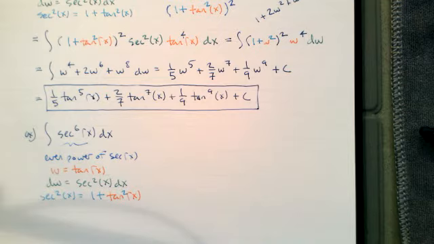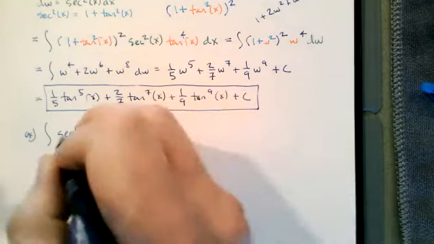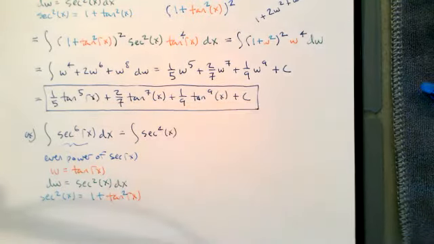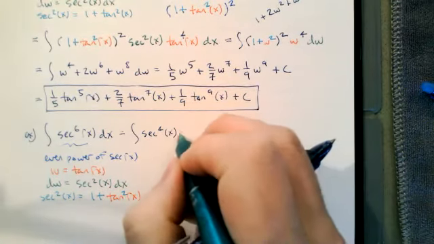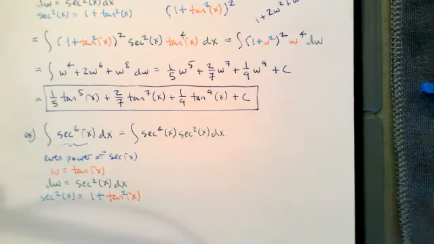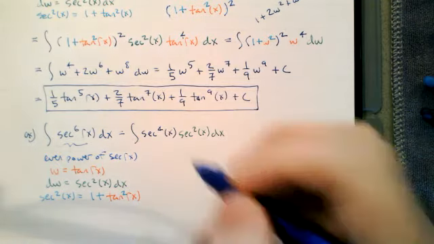So even power of secant says w equals tangent x, regardless of the power of tangent, even if the power of tangent is 0. So the read on this integral is there's going to be a secant to the 4th x. I'm going to save the secant squareds to be the dw. And I'm going to do the same thing to the secant to the 4th that I did in the previous problem when I had all those extra tangents. What makes this weird